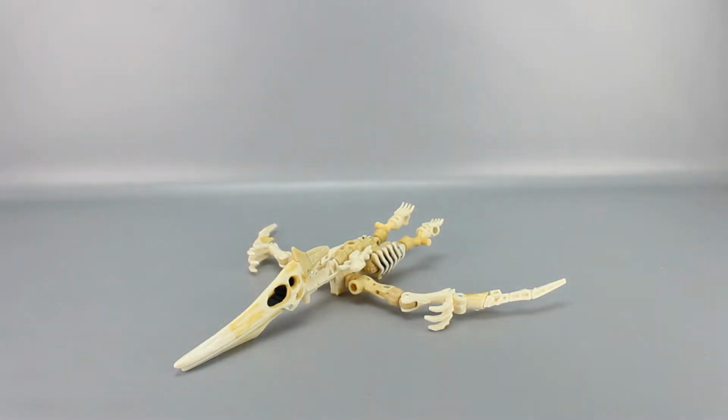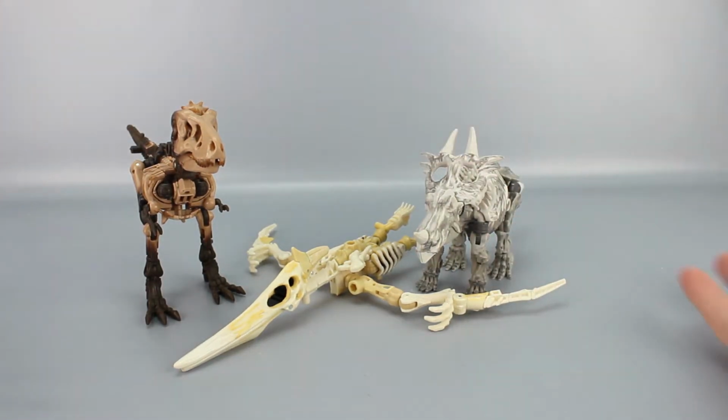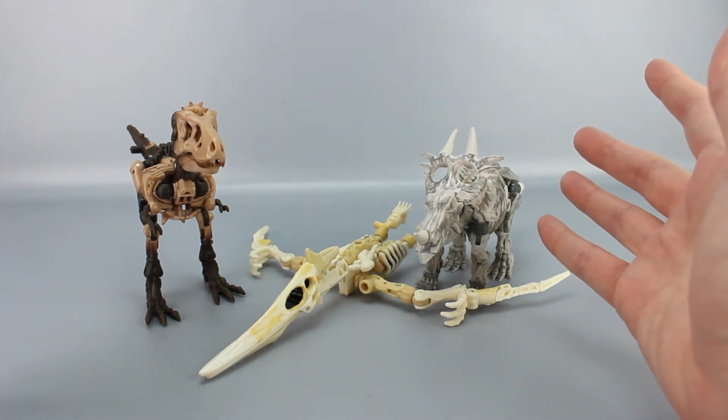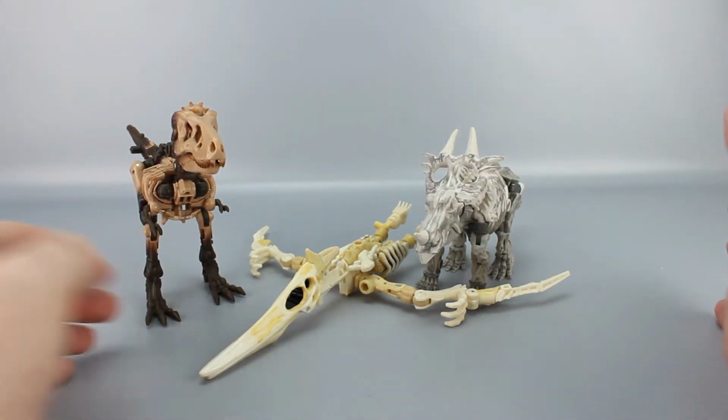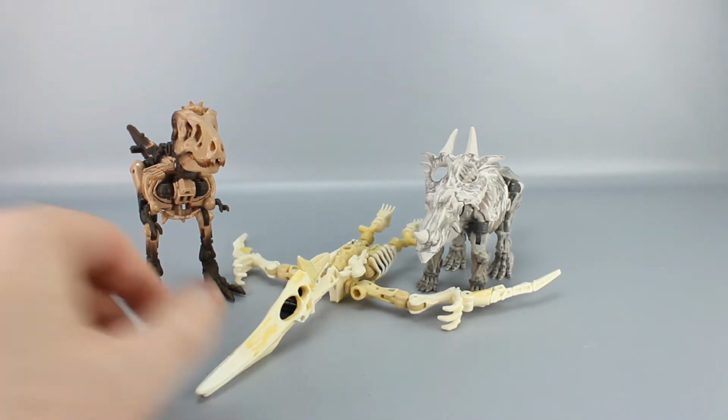Comparison real quick with the other Fossilizers, Paleotrex and Rectonite. See right there? About the same size, different bone color: very white and gray, very tan and brown, and very white and yellow, I guess. You can see, again, just kind of a...